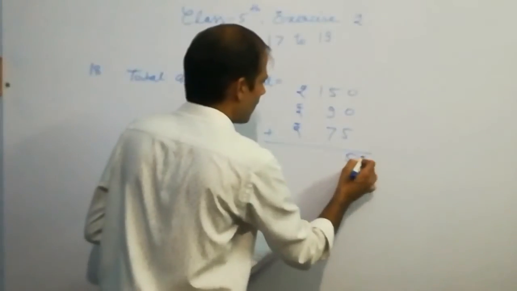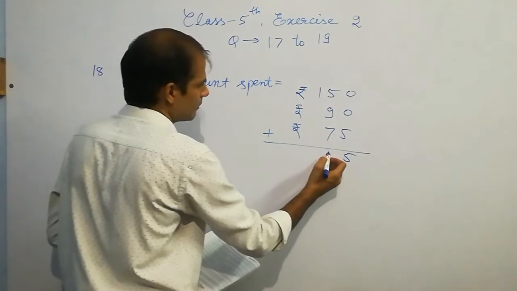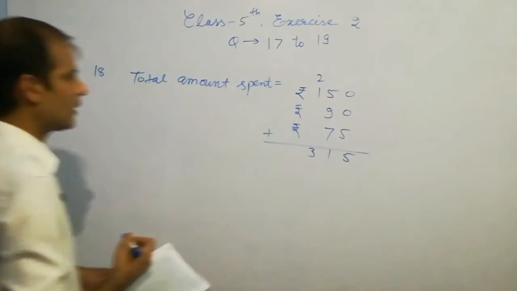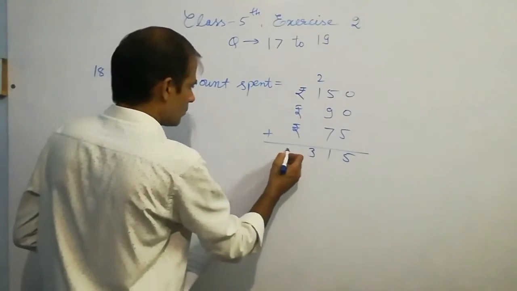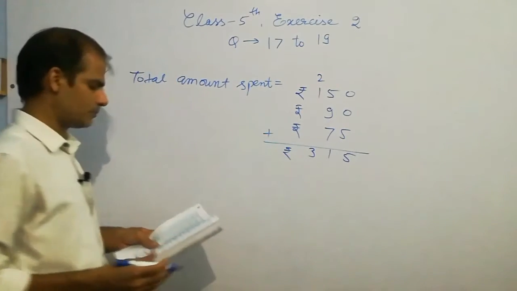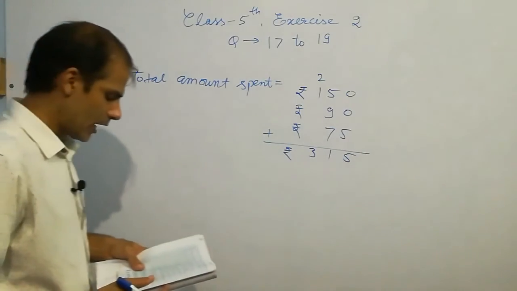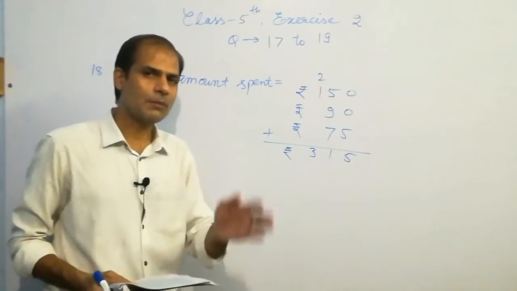It is 5. Now 5 plus 9 14 and plus 7 21, 2 carry and 2 plus 1 3. Okay, so total amount spent by Ajay is rupees 315 and what is the amount left with him means